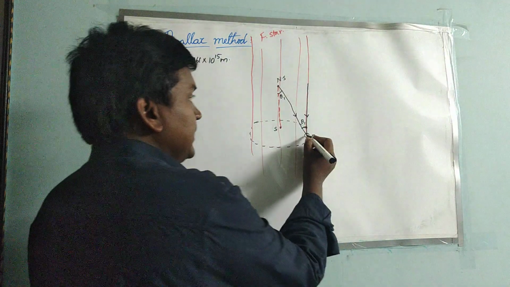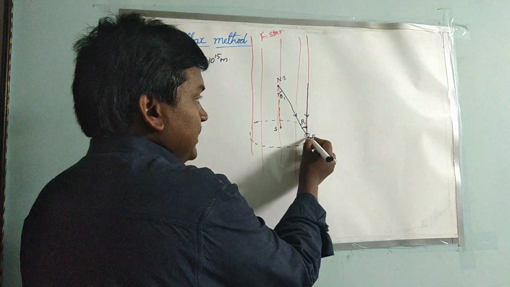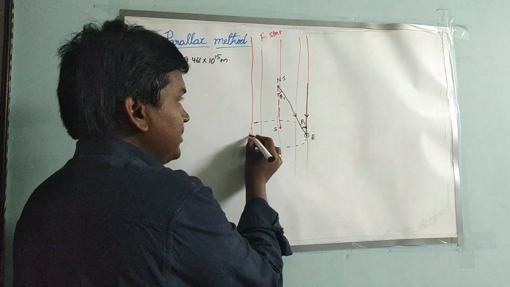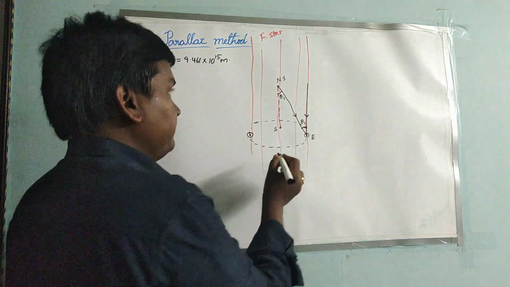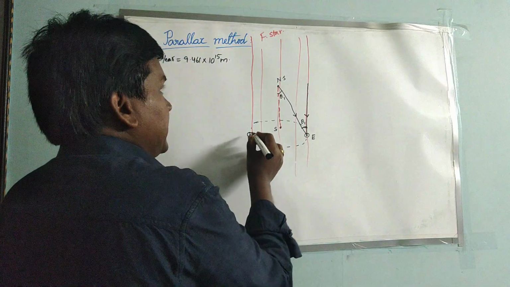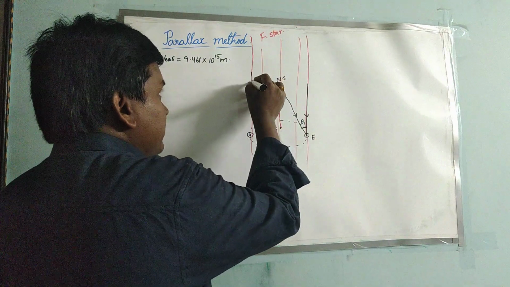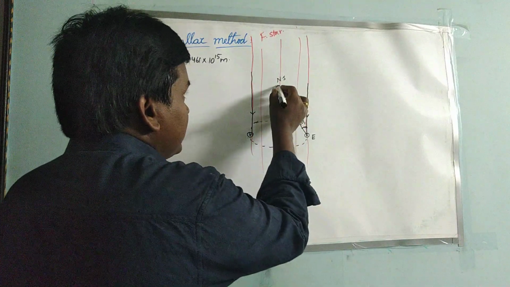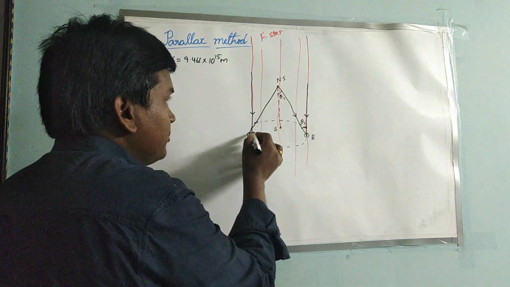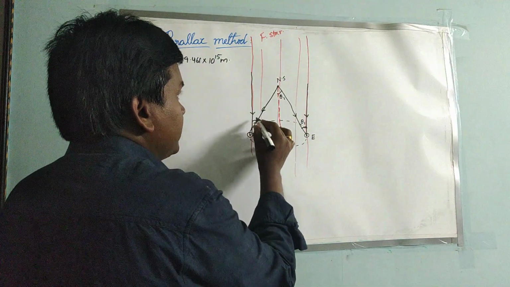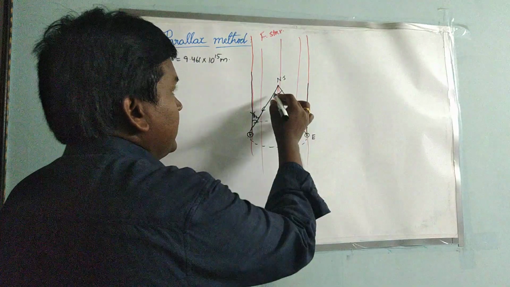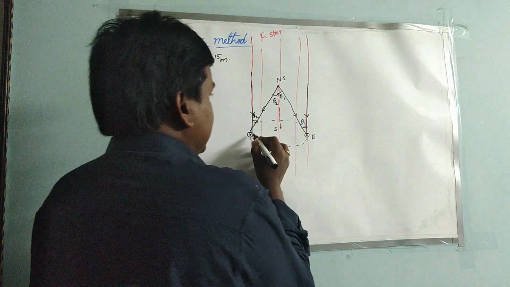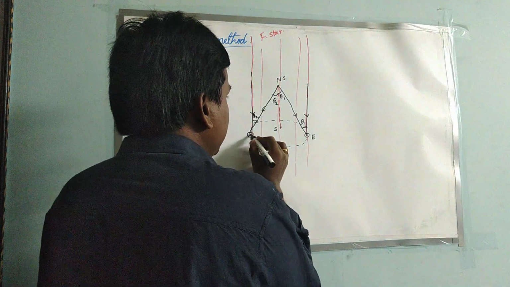And what happens to the earth after 6 months? In 6 months the earth travels and comes exactly to the opposite end of the diameter. So like this it will come. Here also, this is the ray coming from the far star, and this is the ray coming from the nearest star to the earth. So here also it will make some angle, theta 2. If this is theta 2, this will also be theta 2. And here this is the diameter.